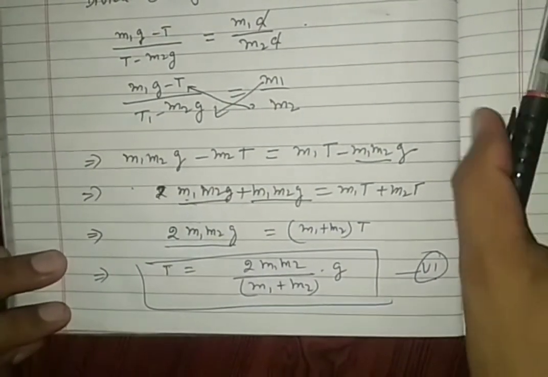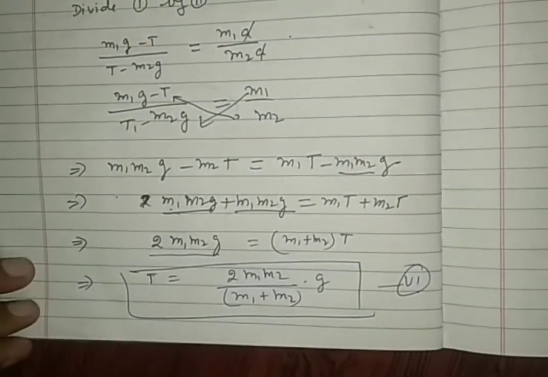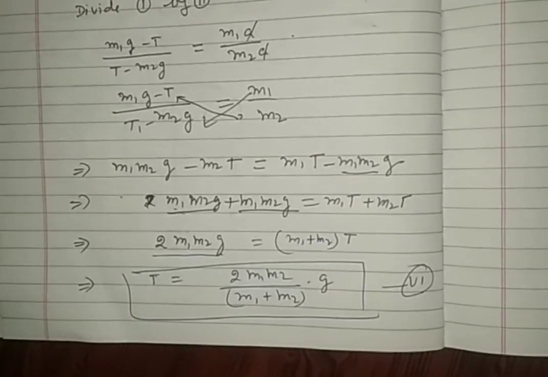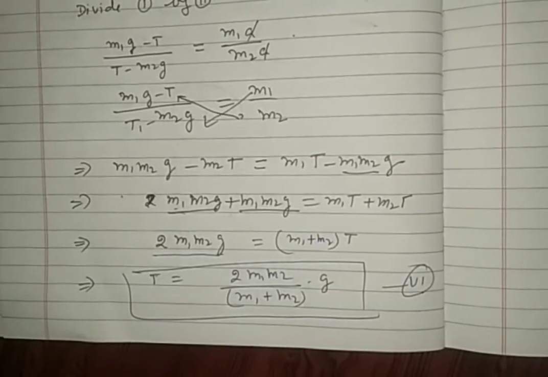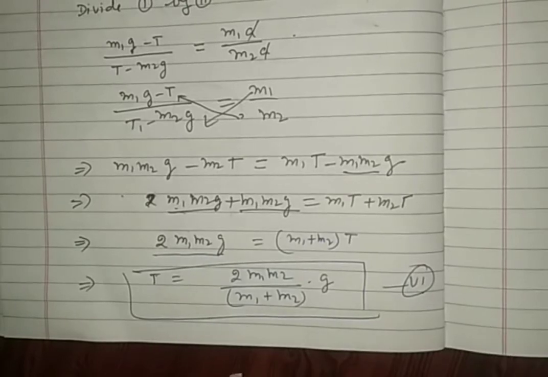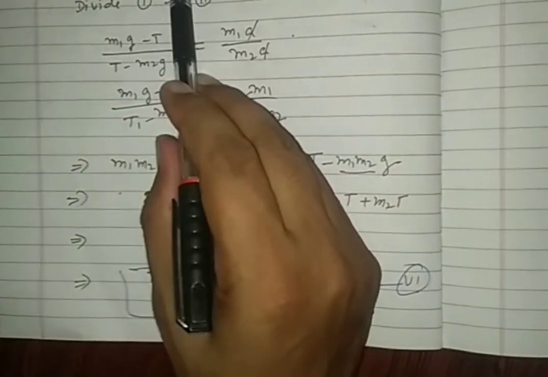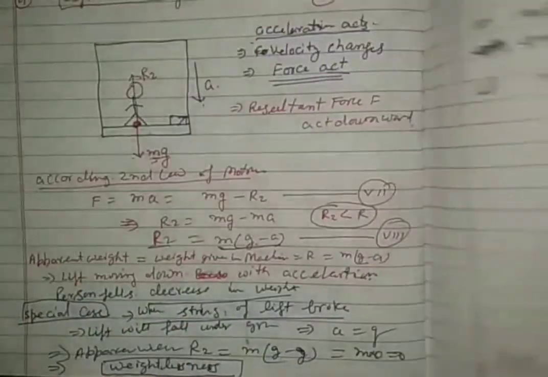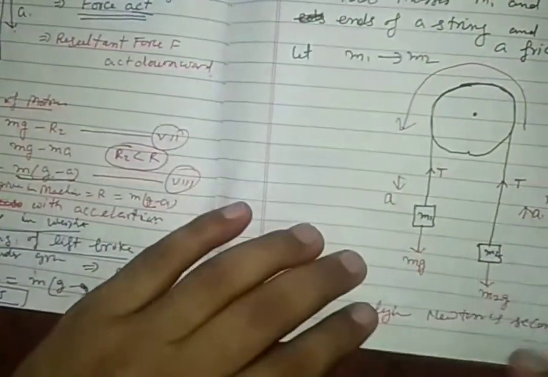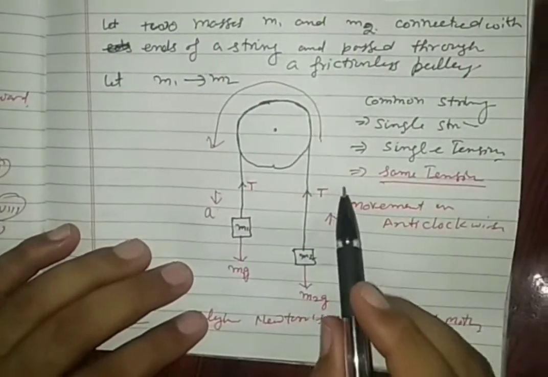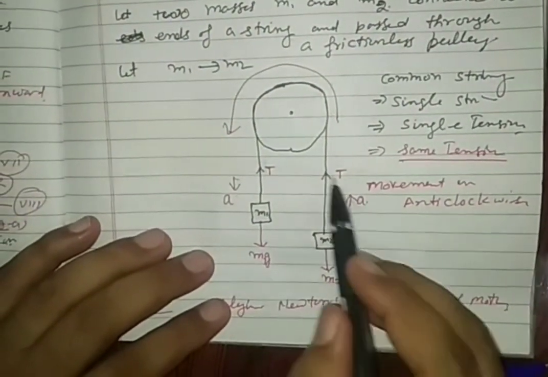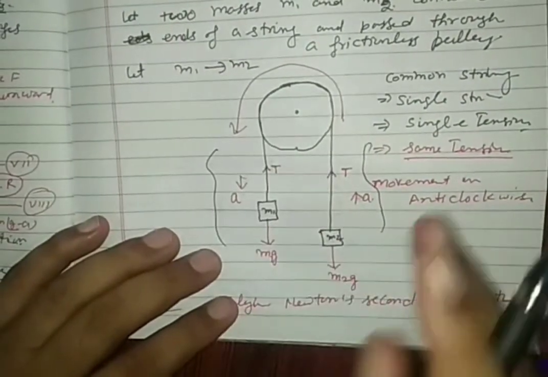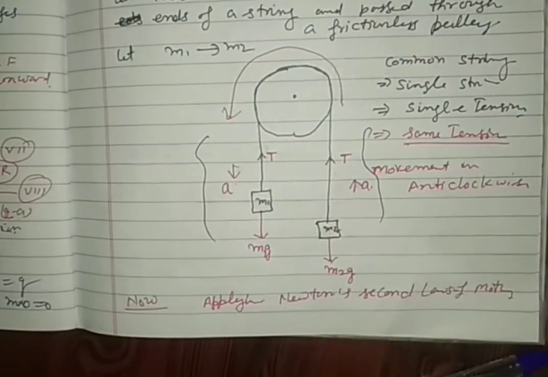So here in the mass spring system, where two masses are connected by a common string and are in motion due to the difference in masses or acting weights, the common acceleration is given by this formula and the tension by this formula. The important thing is to see very carefully the directions of tension, weight and acceleration to understand and form the equations.